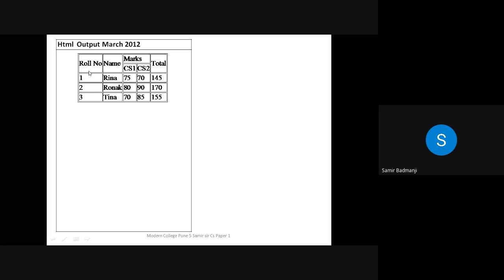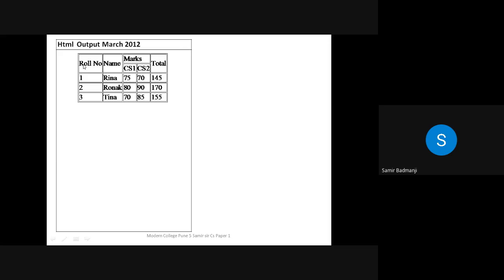But like I told you just now, always look at the table as a whole, complete table. Don't look for the immediate next row or next column. Now see roll number, in front of it there is only one cell. But after name, there are two rows, marks and CS1, CS2. So when you look at the table as a whole, even for roll number, in front of it only one column is there, but in front of this there are two rows. So for writing roll number, you have to write rowspan, because two rows are there, marks, CS1, CS2.